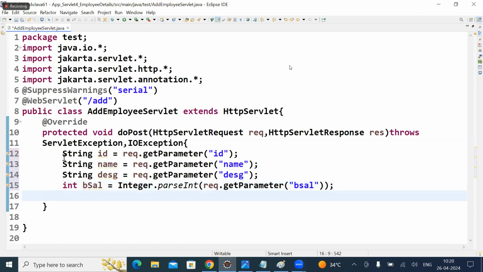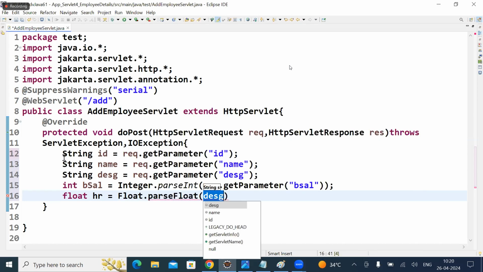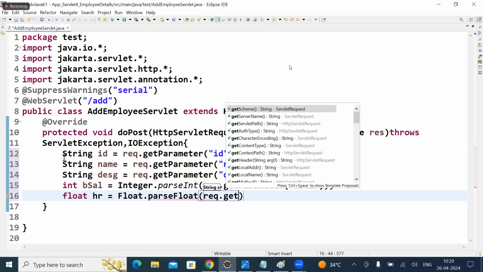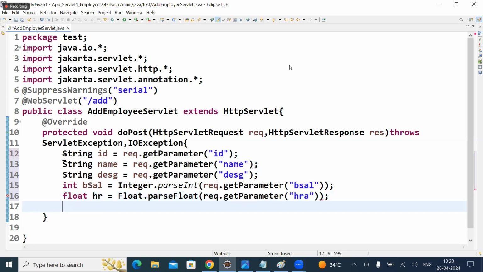You have to read HRA. You have to read float HRA. I will take float dot parseFloat, req dot getParameter of here HRA. I'll take float DA. I will take